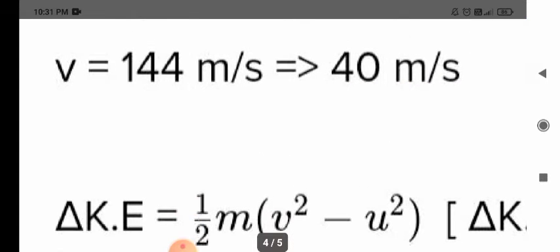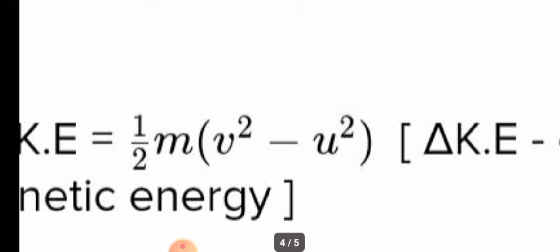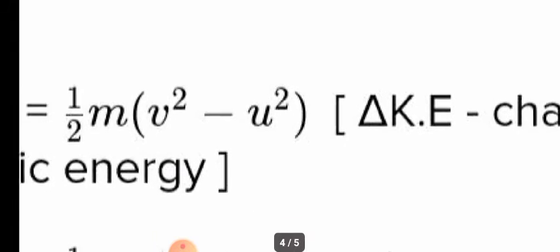Okay, children. Then, we have to find the change in the kinetic energy. Change in kinetic energy is equal to half mv square, we know the formula. Here, it is half m times final velocity square minus initial velocity square. Therefore,